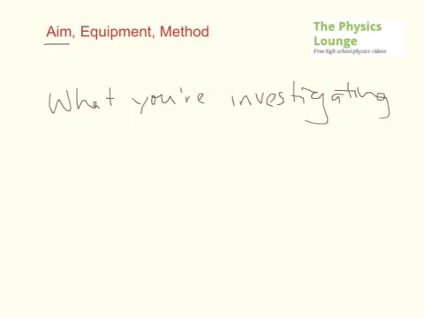The essence of the aim is, in physics usually you're controlling a whole bunch of things so that you can test one variable against one other variable. That's what we're dealing with at a high school level anyway. So for instance, you might want to control the length of a pendulum, which is then your independent variable, and the independent variable is